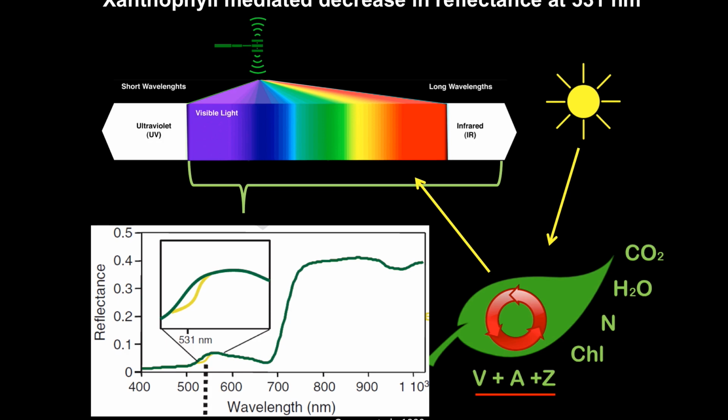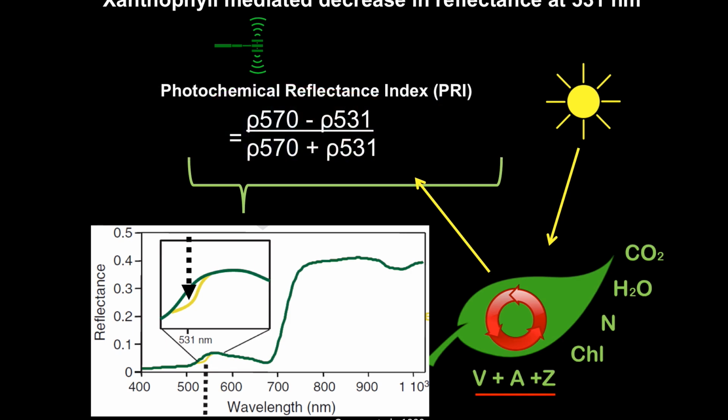And the unique thing here is that we actually see a small decrease at 531 nanometers, represented by that yellow line. And this decrease, when you do see interconversion, happens on the order of 2 to 5 to 10%. It's actually a very small signal, but we are able to measure it nonetheless via the photochemical reflectance index, where we use 570 as a reference wavelength and subtract the changes in reflectance at 531, and then normalize it depending on incident sun conditions to then get at the photochemical reflectance index